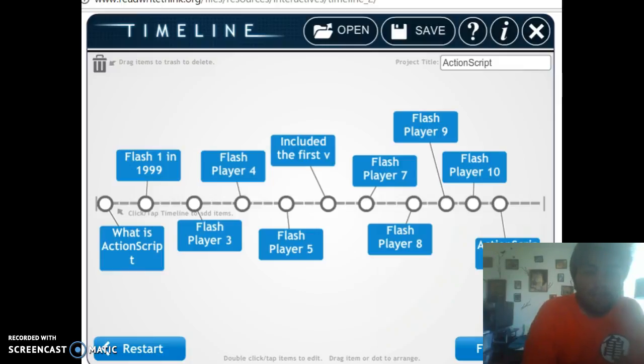In 1999, the release of Flash 4 marked the consolidation of these actions into a scripting language. Although the new scripting language was known as ActionScript internally, the user's manual and advertising documents refer to it as Adobe Flash. So now I'm going to talk about the timeline, about the history of ActionScript, and I'm just going to mention the main features. So the first release of Flash in 1991